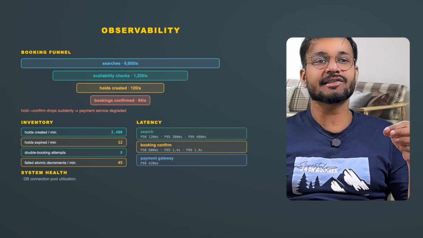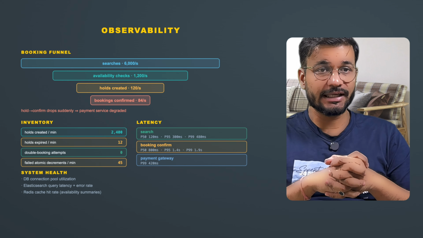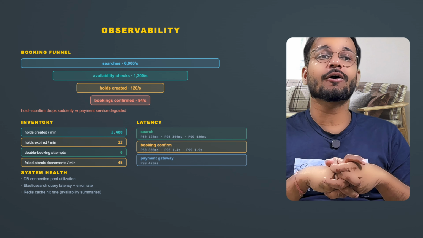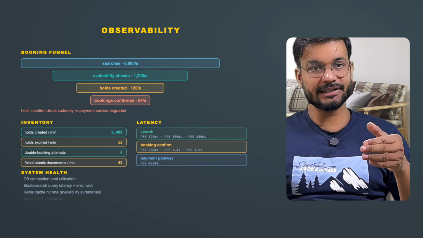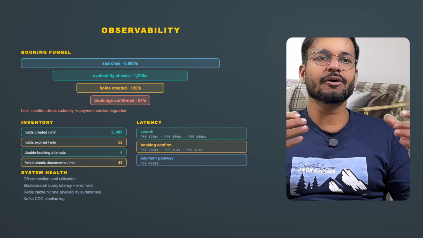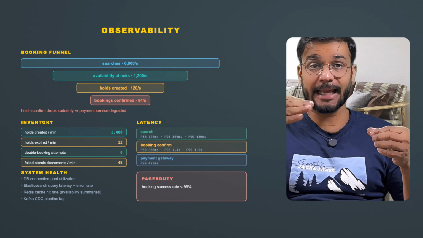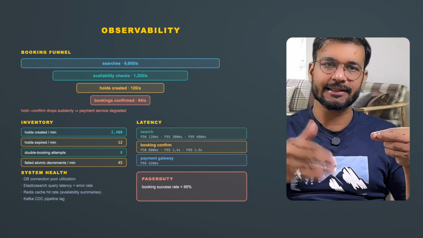Then four is the system health. Database connection pool utilization. We talk about Elasticsearch query latency and error rate. Then we talk about the cache hit rate for the availability summaries and message queue lag for the CDC pipeline. About the alerting, PagerDuty alerts if booking success rate drops below 99% or if the P99 latency exceeds the